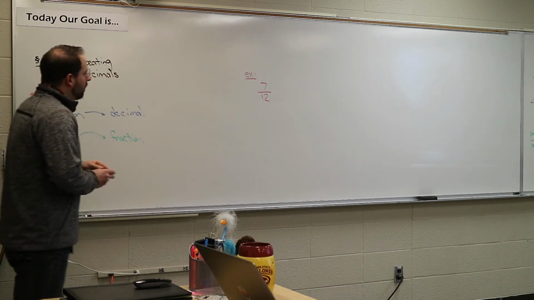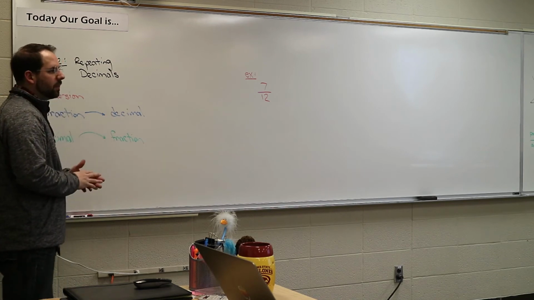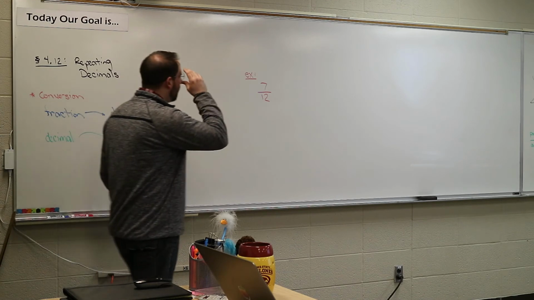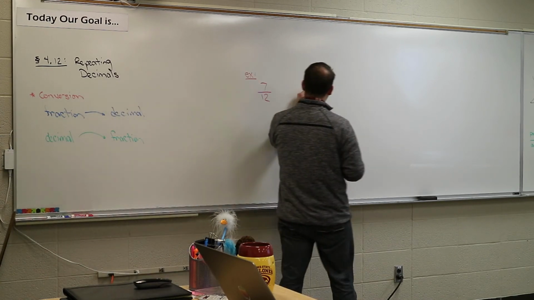Alright, so 7 over 12. Now, agreed, it's a fraction. I want to turn it into a decimal. Now, I know we can divide it in the calculator and it gives us that. But if we're going to do it by hand,